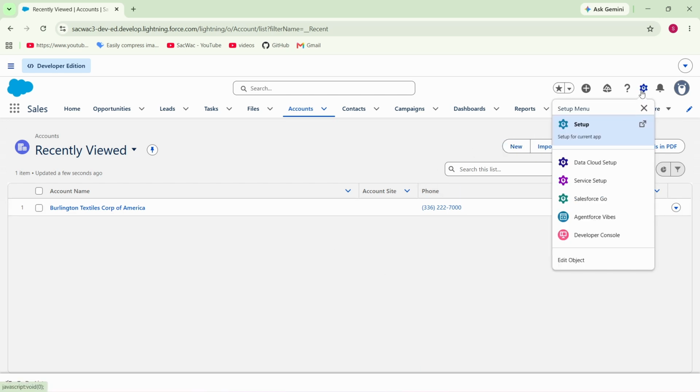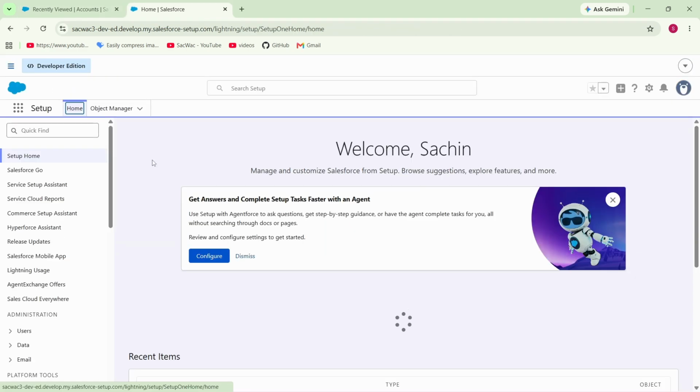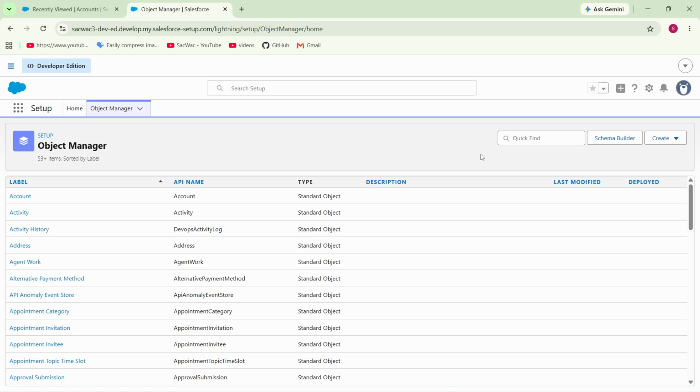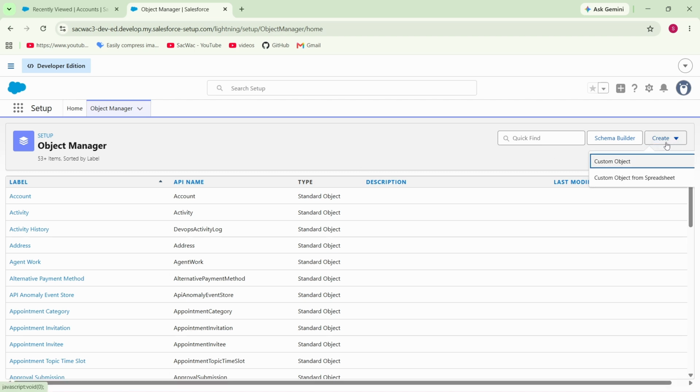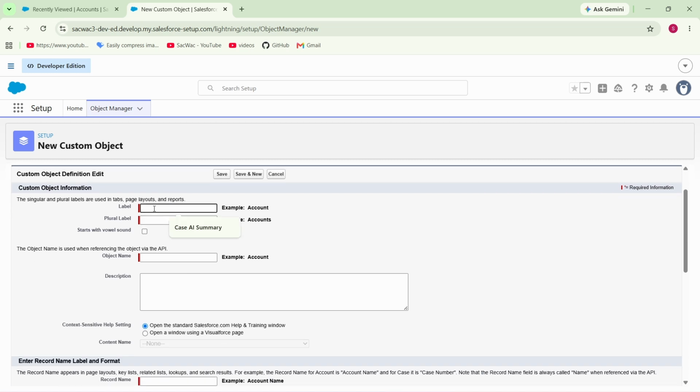So first let's go to the Setup, and here in the Setup there is an Object Manager. Let me click on the Object Manager, and now you need to click on this Create button. After clicking on this Create button, you can also create your custom object using a spreadsheet, but we are going to create it manually here. Here you just need to give a name for your custom object. I will give Student,